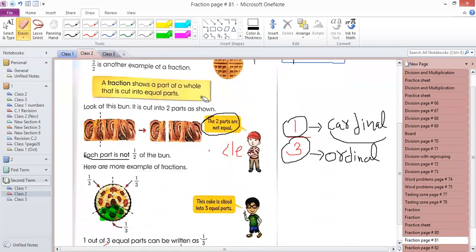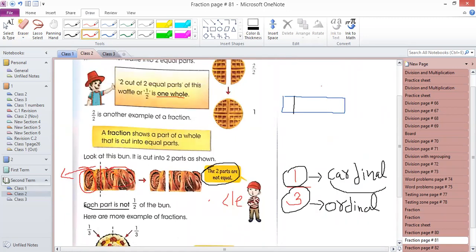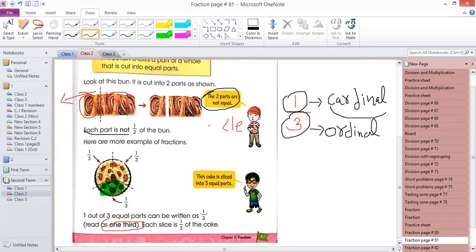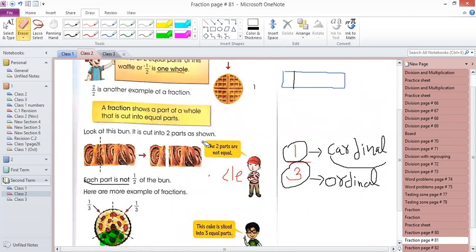If you are dividing a bun, it should be equally divided. Look at this bun. This is not equally divided. This is a smaller piece of bun, and this is a bigger piece. If I give this piece to Twinkle, she will eat less. And if I give this piece to Bubble, she will eat more than Twinkle. So this is not half. If you want to divide into halves, it should be equally divided. If you divide from the middle here, then you can say it is equally divided and each will eat half. Each part is half. But here each part is not half because these two parts are not equal.